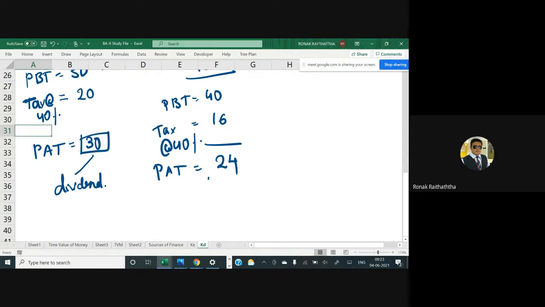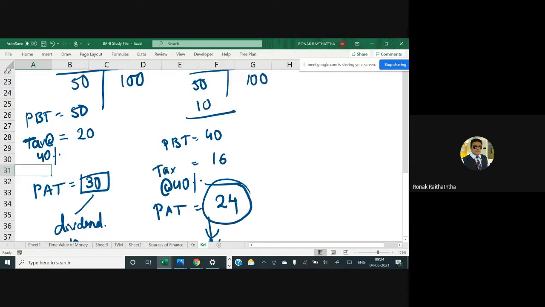Now here in this case, there will be no dividend because you have taken the debt instead of taking the money from the equity shareholders. Right now, we are just thinking about that particular decision. For that decision, we had two alternatives. One alternative was to take the equity or to take the debt. Now see, from the profit after tax, you pay the dividend, right? So say the dividend would be 10. So the actual money that would be left with the company will be 20. Here in this case, the entire 24 rupees would be left with the company.